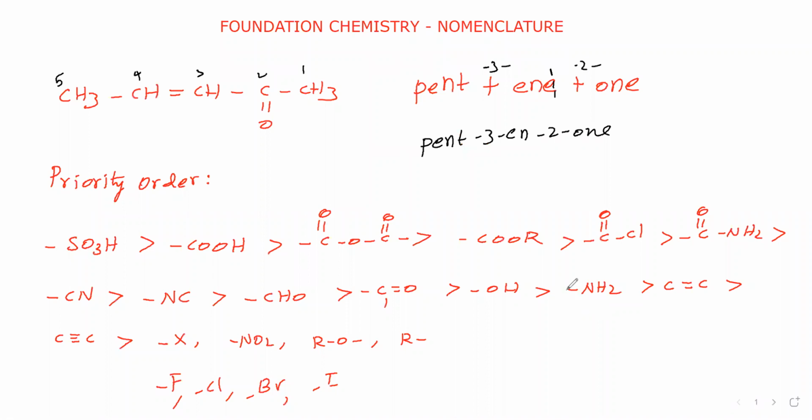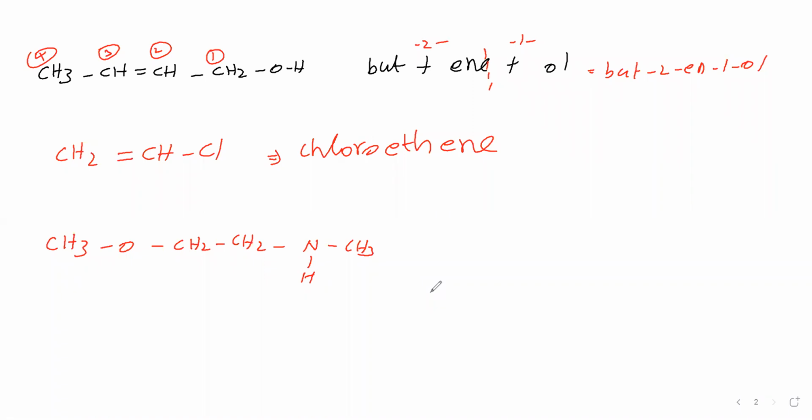Now see, amine is here. Amine means primary, secondary, tertiary come under here, and ether is here. So this amine has higher priority than this ether. Therefore, for ether priority is less, amine priority is more. Therefore, this ether name we have to say first as a prefix, because it is not the main functional group. So this name we will say separately.